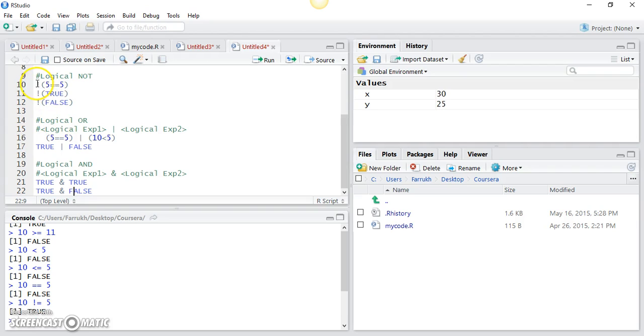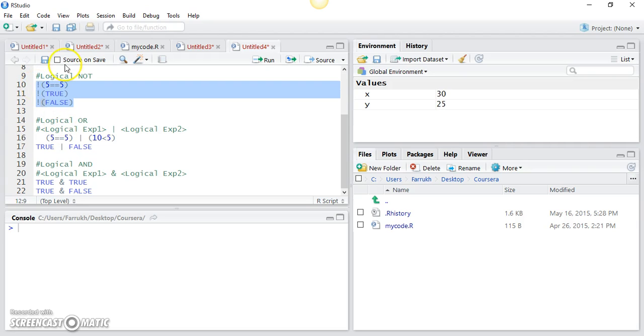So let's quickly run. Let me first clear this console. You can use a shortcut key, Control L, to clear the console. Just click in the console, Control L, and it'll clear your console. And now I will quickly run these three statements and see if we are getting the desired output. So in the case of the first one,